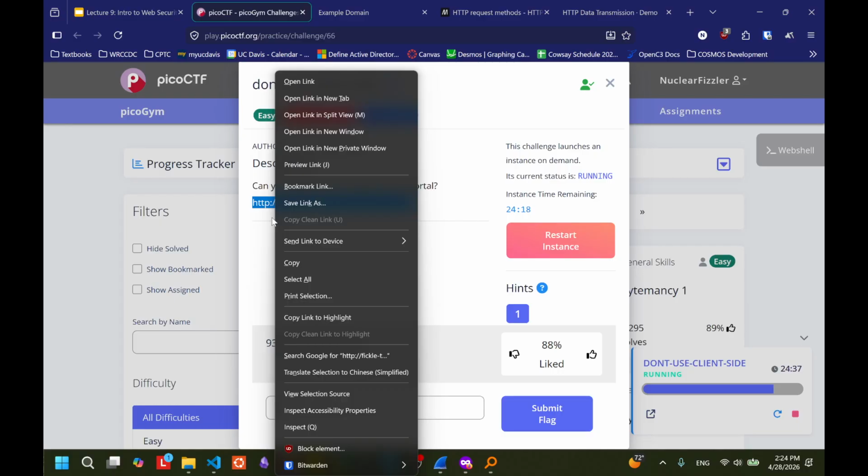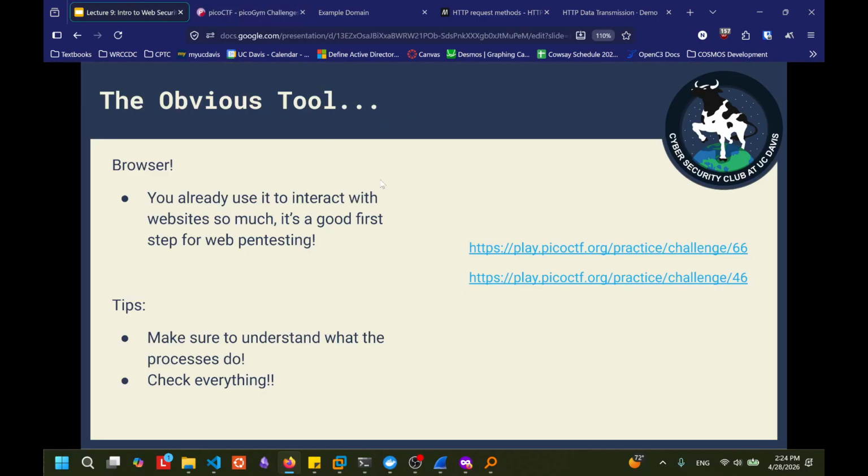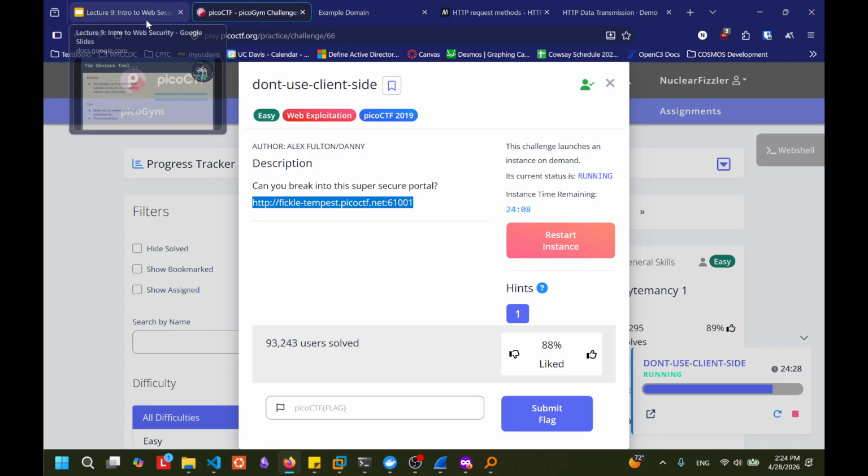What is the second challenge number? Second one, I think it's on the slides, but yeah, I think 46. Yeah. Second one is called login. All the challenges, I think the links are in the slides, and I think I've linked them all on the lecture notes page already. If it's not, let me know.